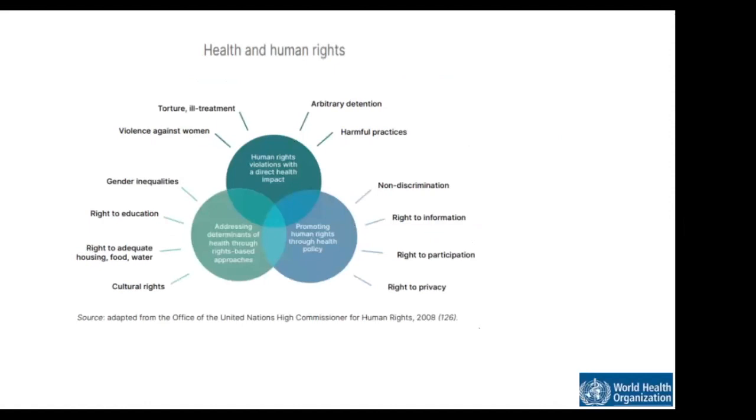And that right to health is actually considered part of an internationally agreed upon human rights standard. So when we look at the connection between health and human rights, you can see that there are many different aspects of that interconnection. And there are human rights violations with a direct health impact, some of those can be, for example, harmful practices, arbitrary detention, torture, ill treatment, violence. Then there are those practices that may address things that actually determine our health, which I just listed from the Ottawa Charter. Those might be gender inequalities, or not having the right to education, or not having the right to adequate